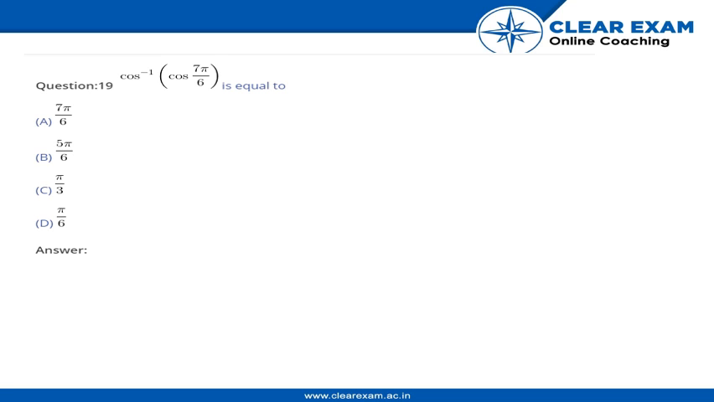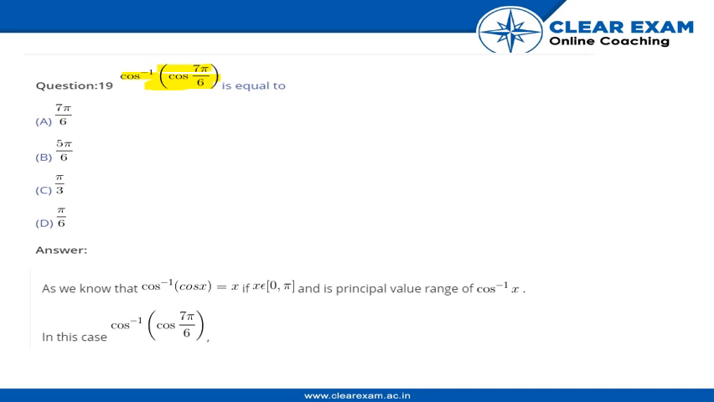This question is from trigonometry, inverse trigonometry functions, and it is similar to the questions where we have to find the principal value or simplify the given expression. So we have an expression, cos inverse of cos 7 pi upon 6, and we have to find its principal value. I hope you all remember the standard NCERT formula, that is cos inverse of cos x